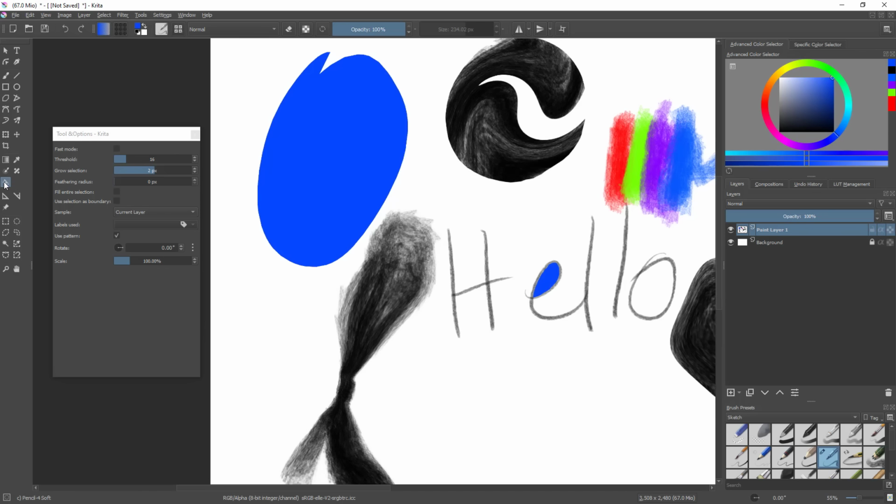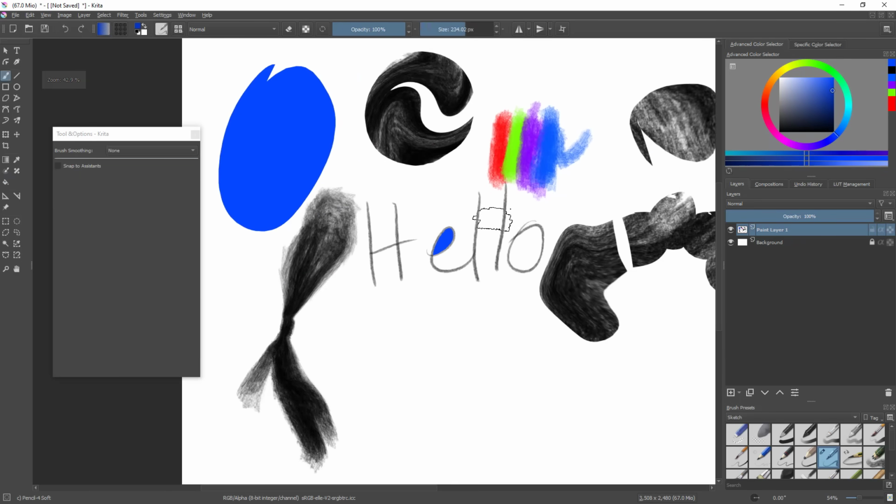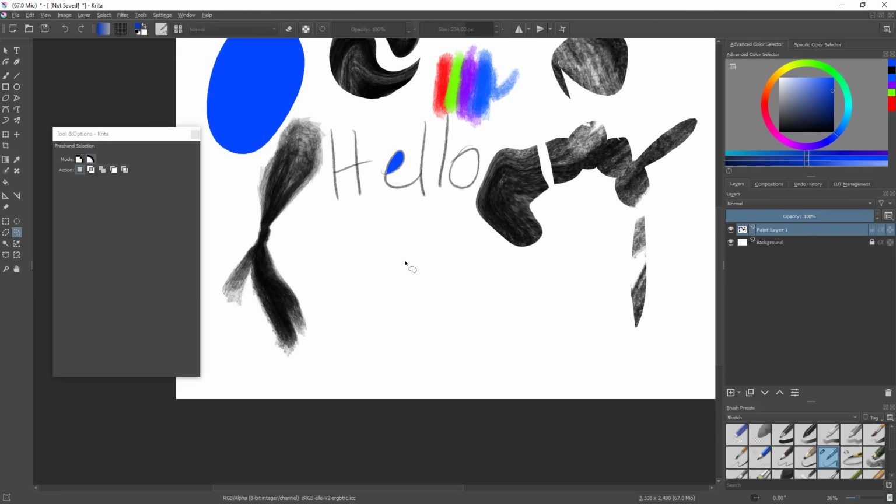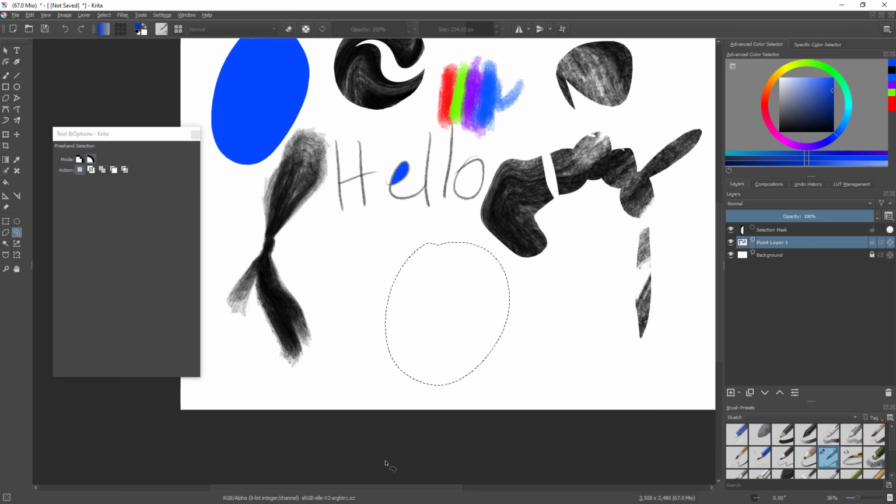This is the paint bucket, and of course it's going to select the color that's right under this box there, the first one, or the color that you've picked over there in the advanced color selector. A faster way for me to fill a shape with color, in other words, the paint bucket, is to select, for instance, the thing that I want to paint and press